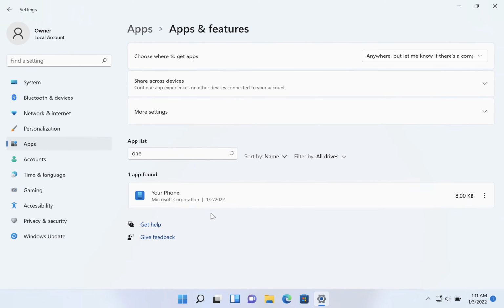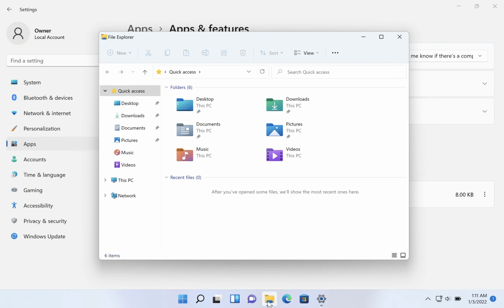Then wait a few moments and OneDrive should disappear. Now the files that were in OneDrive will not disappear. If you need to find those, you can click on File Explorer,